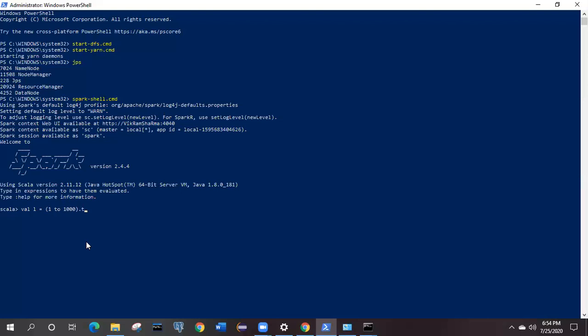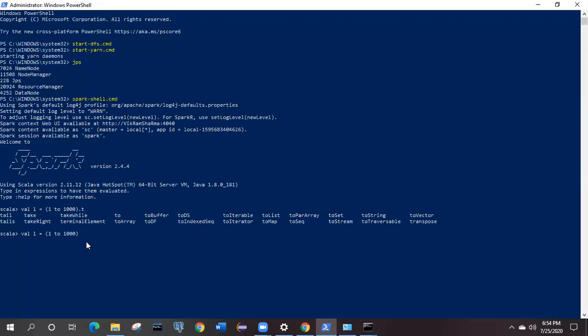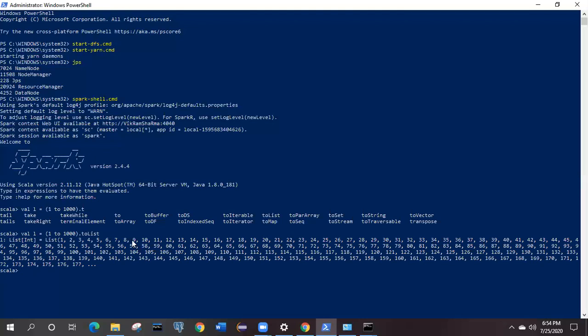We are going to generate it as a list, so dot to, and here we get this method, toList. Hit enter. If everything is working fine, you will get these prompts, and the commands you are executing will come to know that it's working fine.